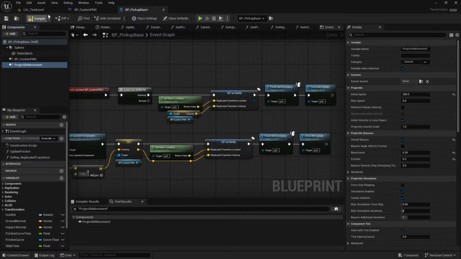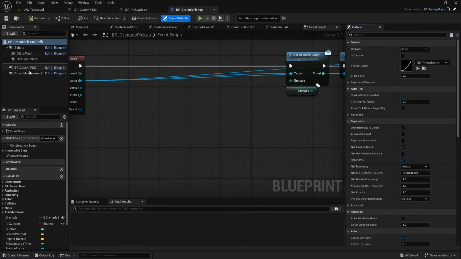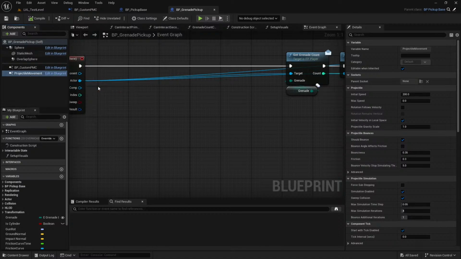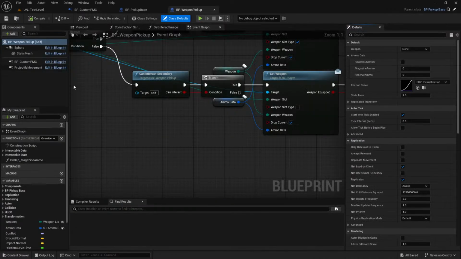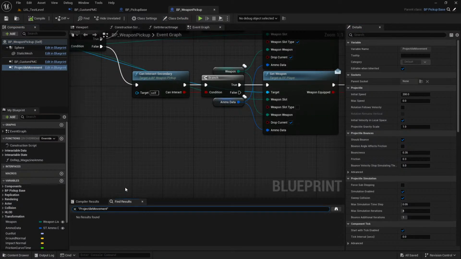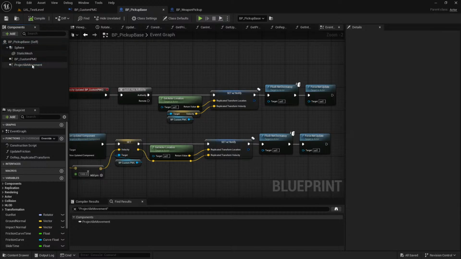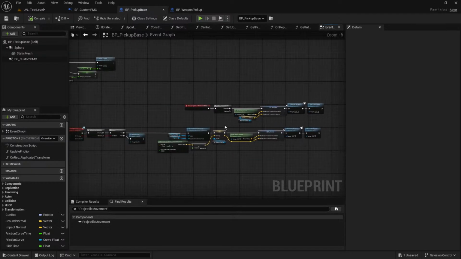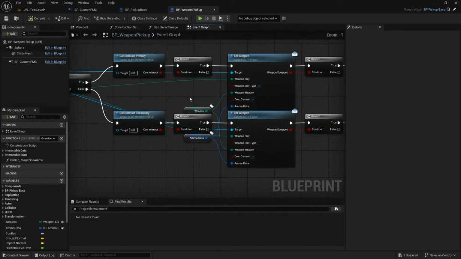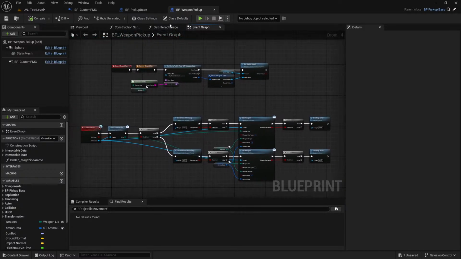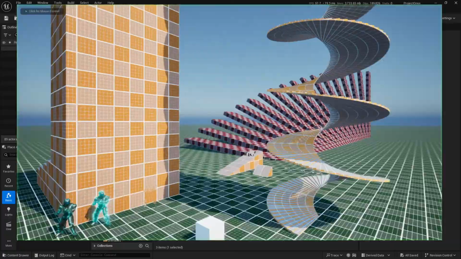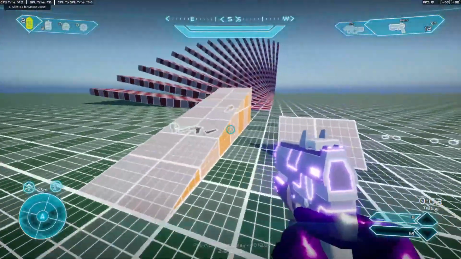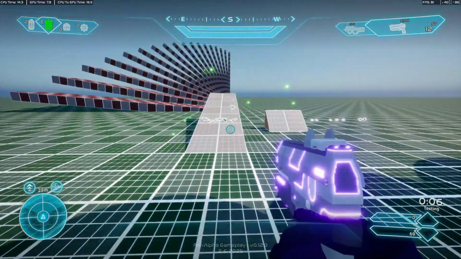Now in theory, let's go to the grenade pickup and replace all references just to make sure. No references in here. Cool. And let's go to weapon pickup. No references in there. Cool. So I can very easily delete this now. Should compile. Yurt. And in theory, okay, all the weapon pickups are still sliding. They're still doing their thing. In theory, if we throw a grenade, but